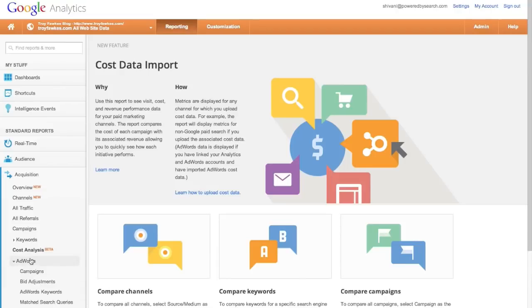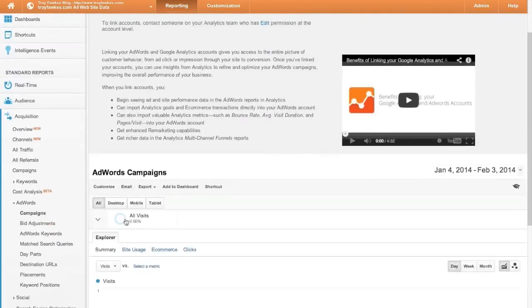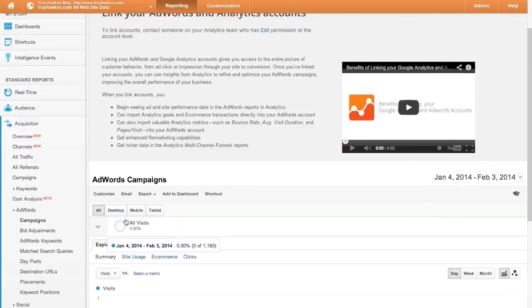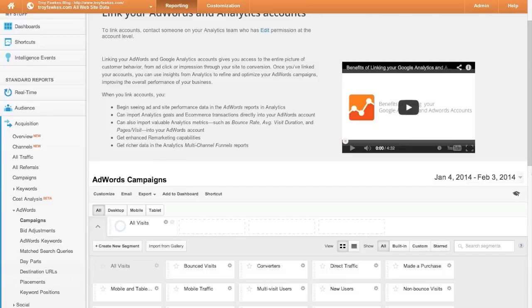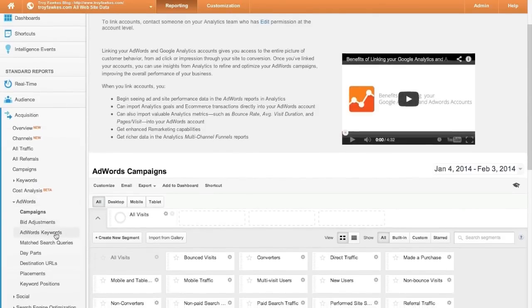Then we have Google AdWords. So Google AdWords is an excellent place to be if you have an AdWords campaign going on, and you can link your AdWords account to your analytics account and get plenty of information on how your campaign is doing. And linking your AdWords and your analytics to each other is highly recommended because it allows you to view your AdWords click and cost data alongside your analytics site engagement data. So it's quite helpful. And once you have that done, you can just check out how your campaign is going, adjust bids, have a look at your keywords and clicks, and match search queries, which allow you to see search queries that match your keyword list, and just see how people are searching related to your products or services